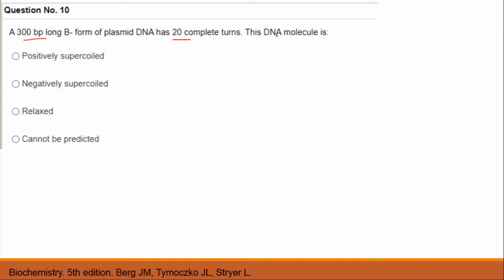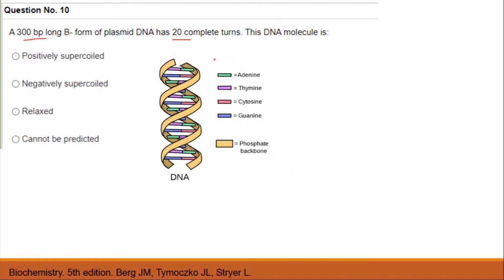Students, this question is about the supercoiling of DNA. Before understanding the supercoiling of DNA, let's have a look at the structure of DNA. We know a DNA is a double helical structure comprising alternating sugar phosphate backbones. Both strands of the DNA are anti-parallel. They are also complementary. Each strand is composed of nucleotides which are made of these 4 nitrogen bases